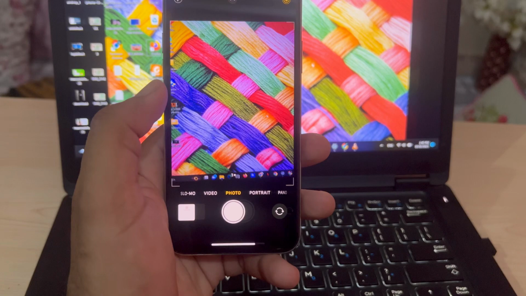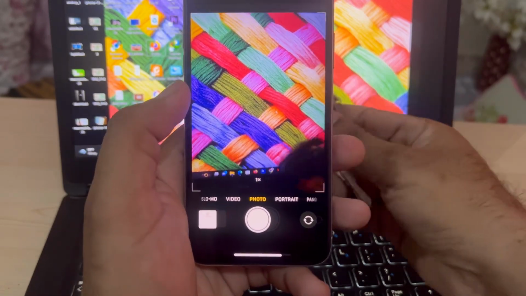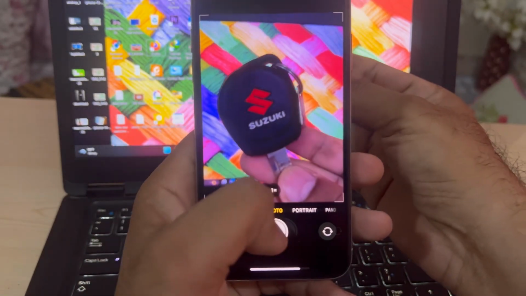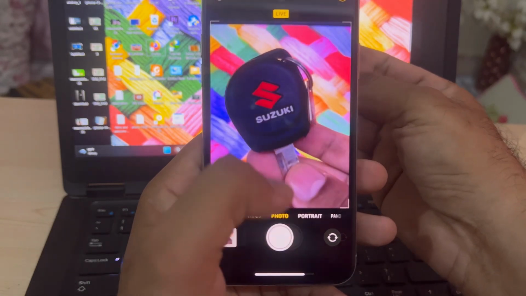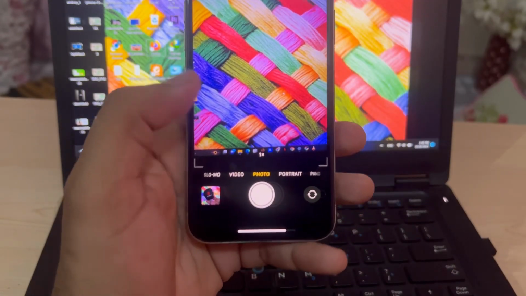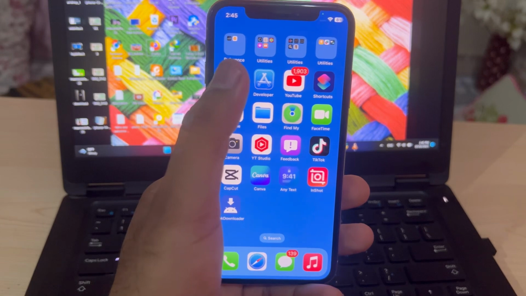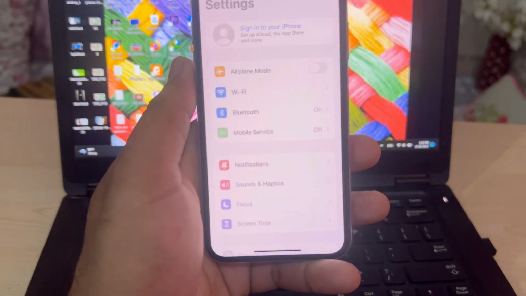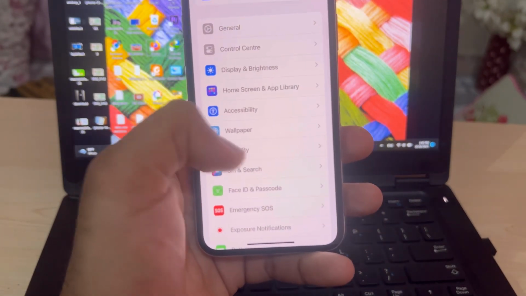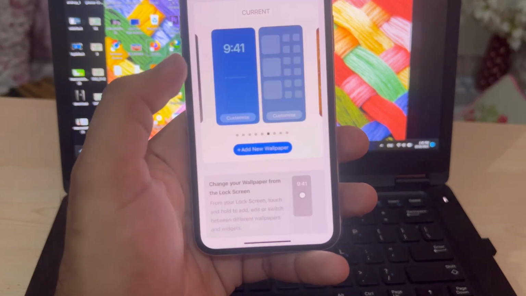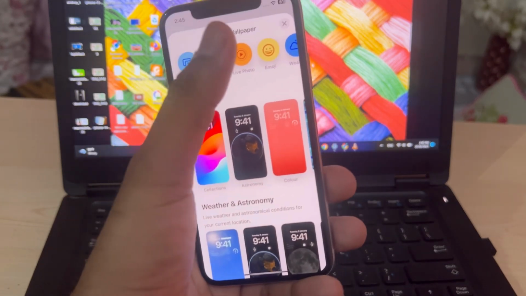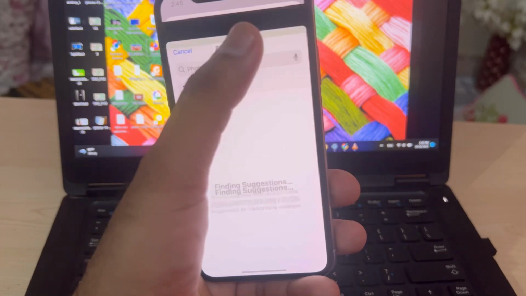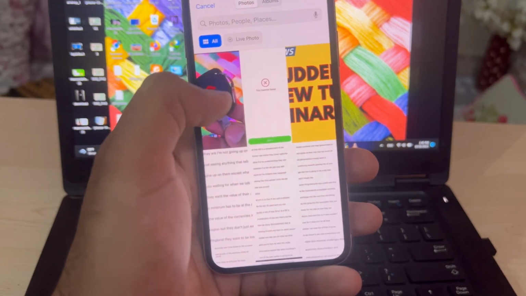Okay, and take any picture. Suppose right now I'm taking this kind of picture on my iPhone. Okay, now go back again, tap on Settings, tap on Wallpaper again, tap on Add Wallpaper, again Live Photos, tap on All, select that one